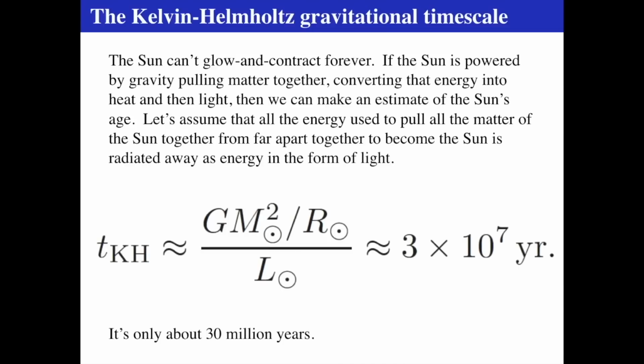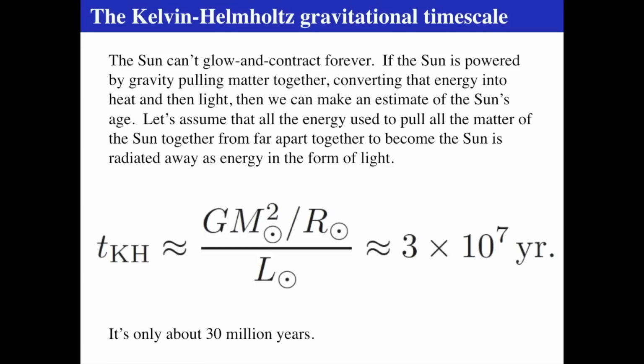So you can't glow and contract forever. If it does power the sun, then we can assume that the gravitational potential energy is G M_sun squared over R_sun. This is the total amount of gravitational potential energy if you take all of the matter of the sun and spread it out to infinity, way out. And then pretend it was at infinity and let it all fall together to form the sun. As it falls together, it loses energy. And that total amount of energy it can lose, going from infinity to as small a point as you like, is the